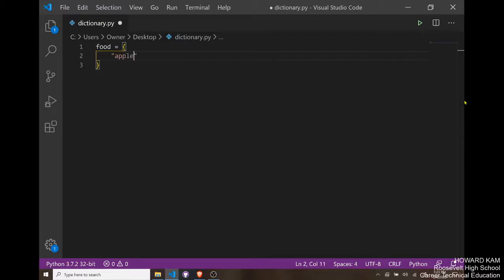So we have a key, we have a value. And you'll notice that the key name is apple and the value name is fruit, and it's separated by the colon. And if you want to add more of these, it's not that hard to do. You just put a comma and then you drop in another one. So we'll say,